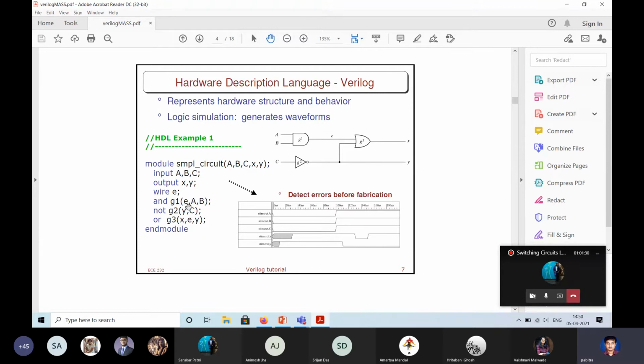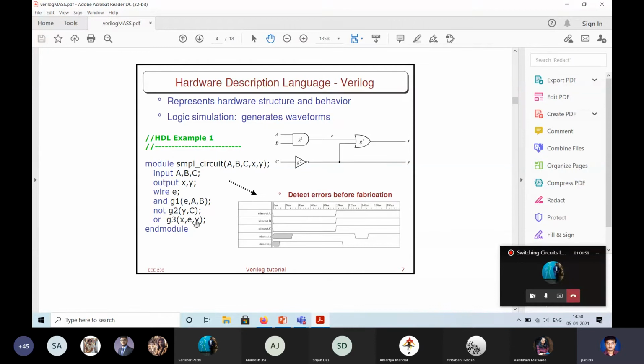And their net port lists give you the interconnection. You see that E and Y are the input to G3. Y and C are the input and outputs to G2, and X, E, Y are the input and output to G1.